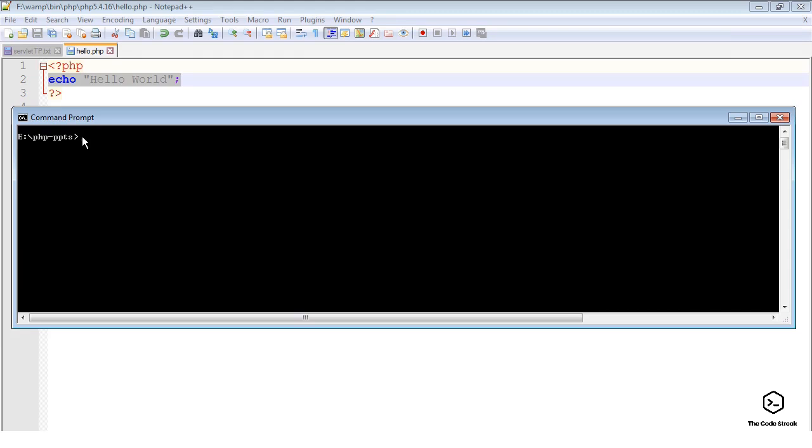Before executing this script from the command line, you have to ensure that php.exe, the PHP executable, is present in a folder that is in the path of your operating system. If it is already there, then all you have to do is execute this hello.php from the command line by saying php